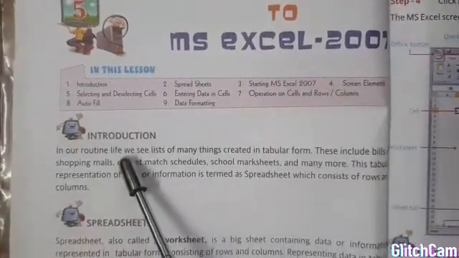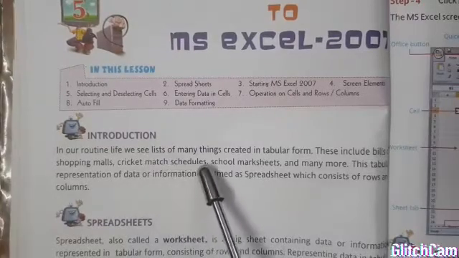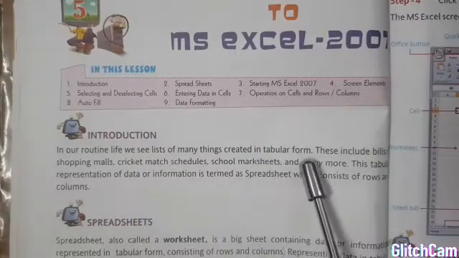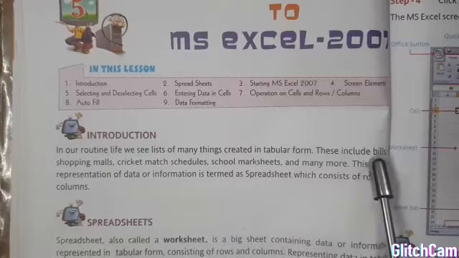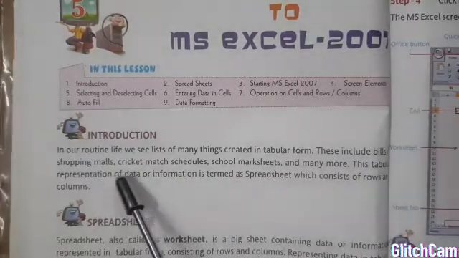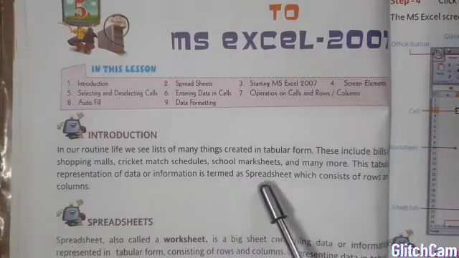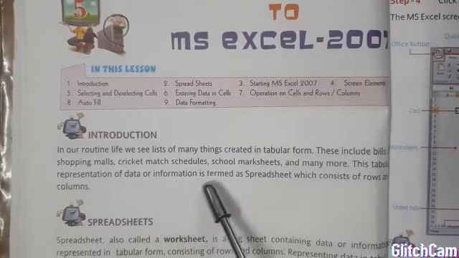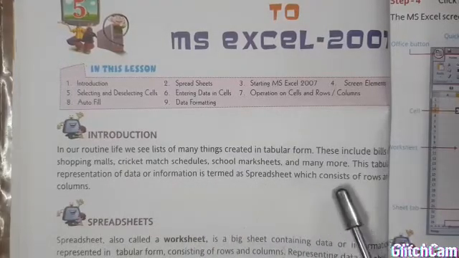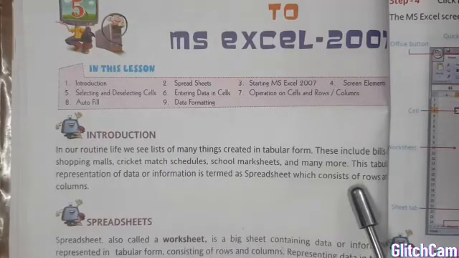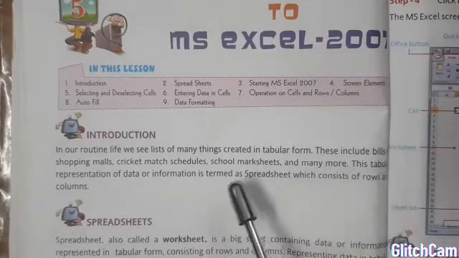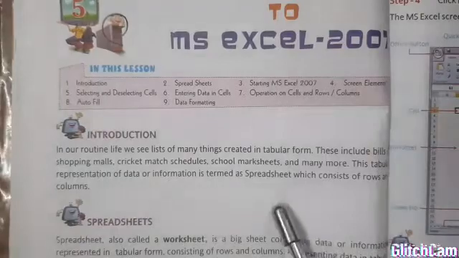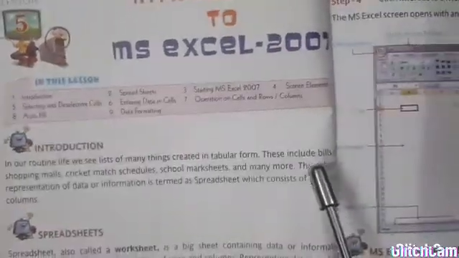It is given in the introduction in your book that in our routine life we see a list of many things created in tabular form. These include bills of shopping malls, cricket match schedules, school mark sheets and many more. This tabular representation of data or information is termed a spreadsheet, which consists of rows and columns. It means when we work in a sheet, that is a spreadsheet or a digital sheet, the sheet consists of rows and columns. You can see in this picture